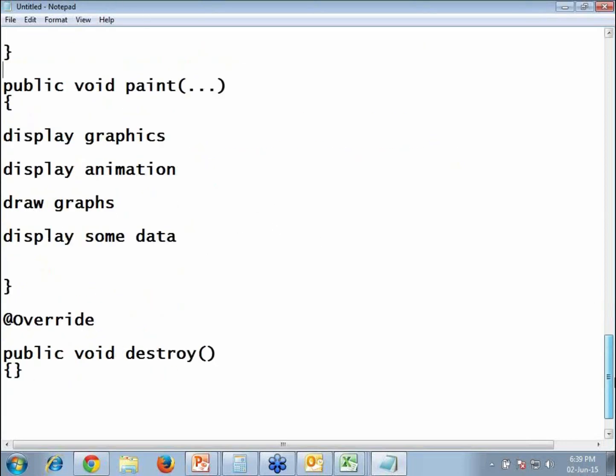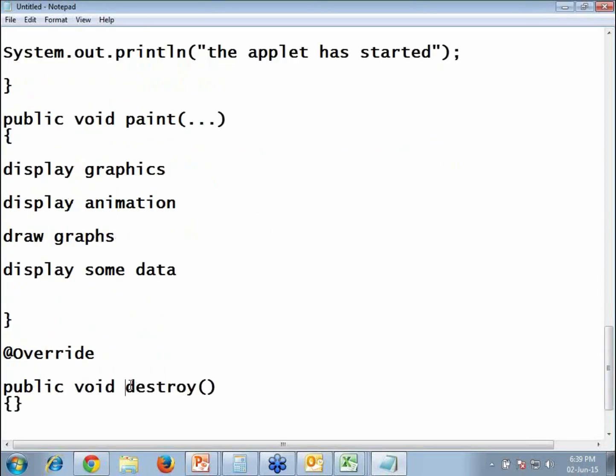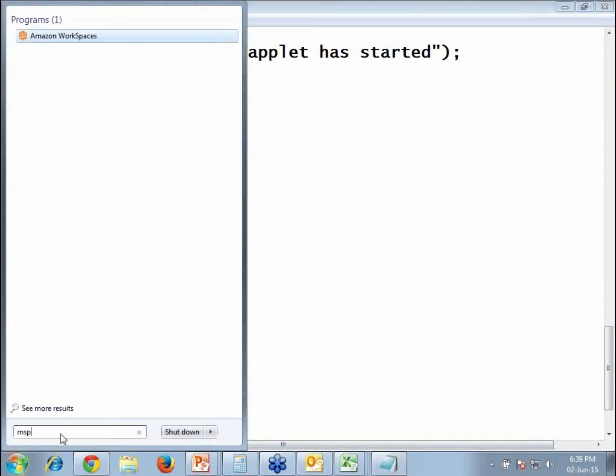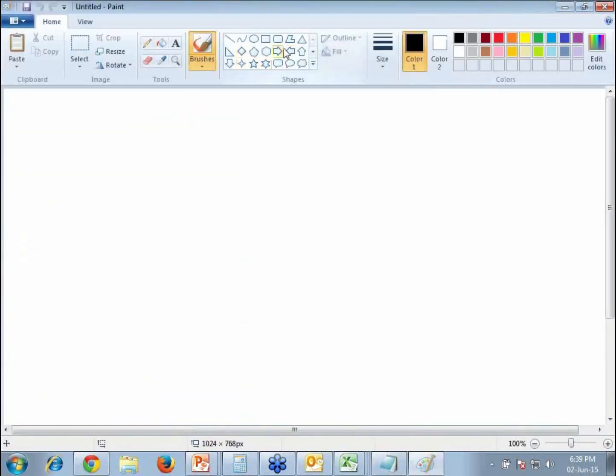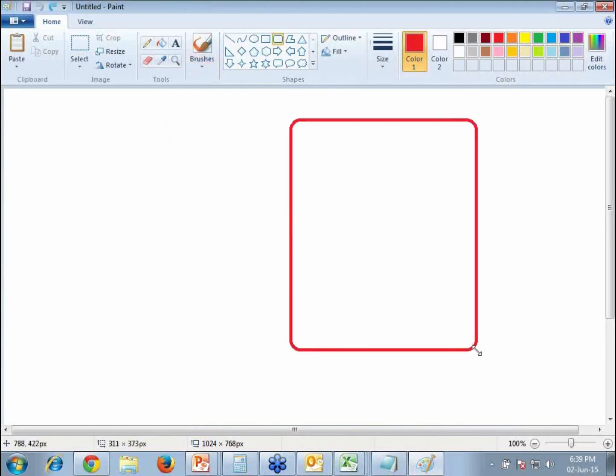And the last ones would be stop and destroy. Suppose I want to close my applet. When we are running the applet, we get a window. This window has a width and a height.